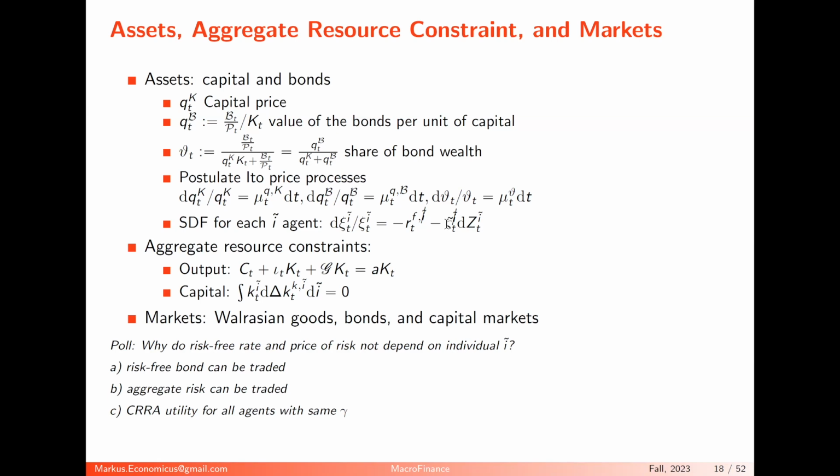But it's also because they can trade the capital stock. The capital is freely tradable. So the risk-free bond and capital can be traded. No, that's correct, but then this might not be the same. This might have an i if the risk-free bond cannot be traded. Because if I am very patient and you're very impatient, but we can't trade, then your shadow risk-free rate might be different from my shadow risk-free rate.